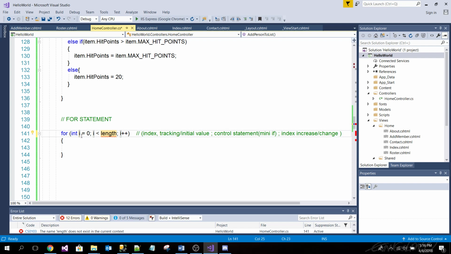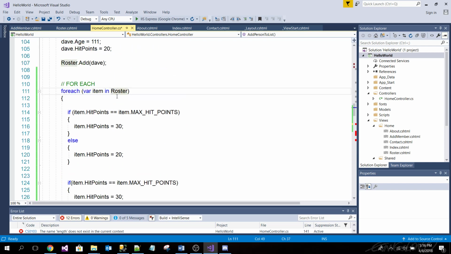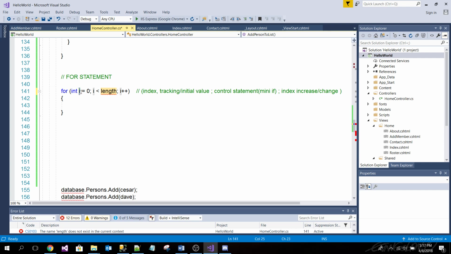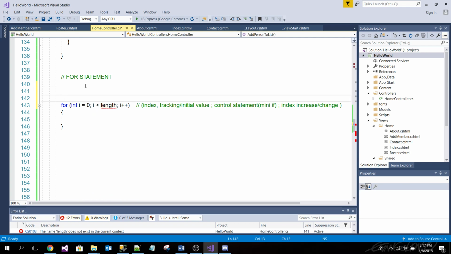It's basically the same thing as, remember how it grabbed the first one automatically when we did the list here? It's like, hey, item, how many do we have in here? Okay, we have 3, give me the first one, and then go around. This kind of does it automatically for you. In this one, we're saying, start at 0, pretty much. And what we're keeping track of, call it i. The first one is going to be i equals 0.